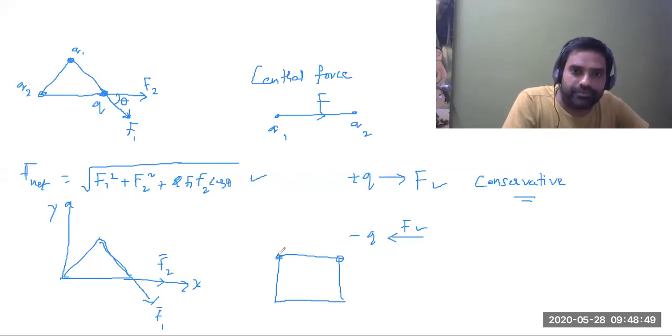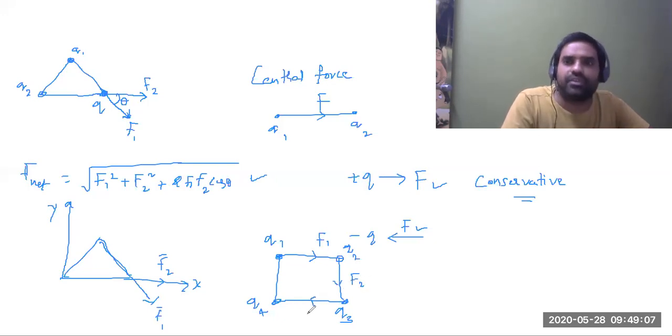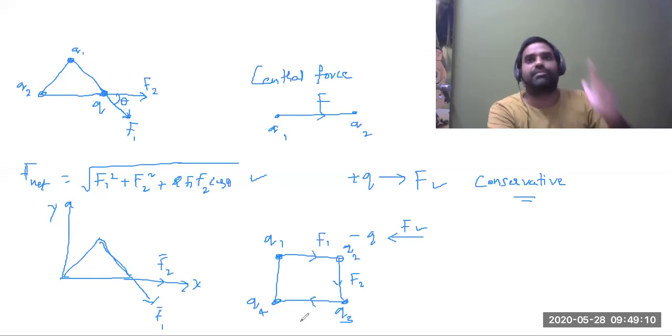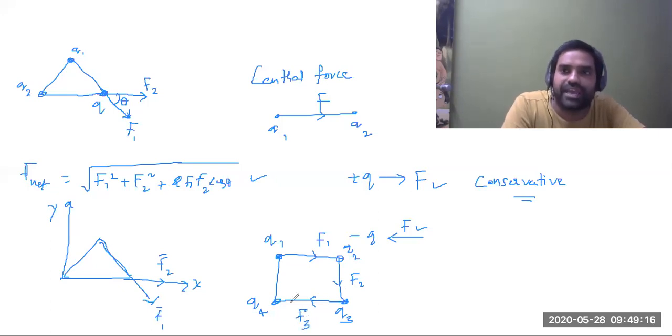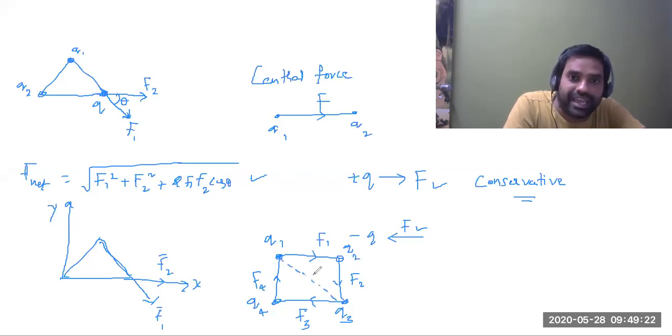See, students, if four charges are kept there, so charges 1, 2, 3, 4. This is Q1, this is Q2, this is Q3, and this is Q4. Then the force between 1 and 2 is one force, between 2 and 3 is another force, and everything you have to do vectorially. Keep that point in mind. Everything is solved vectorially. This is F1, this is F2, this is F3, and this is F4. Between Q1 and Q3, this is going to be F5, and between Q4 and Q2 there is one more. So all possible pairs you have to take.